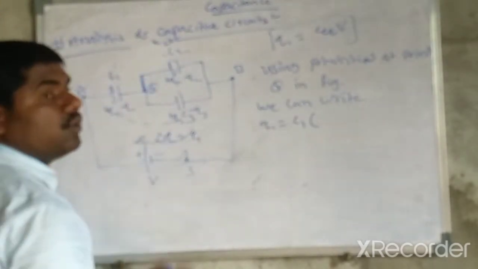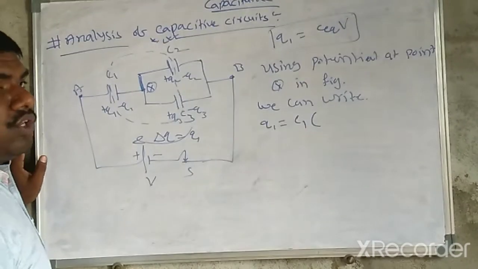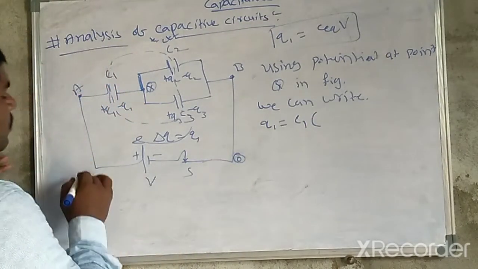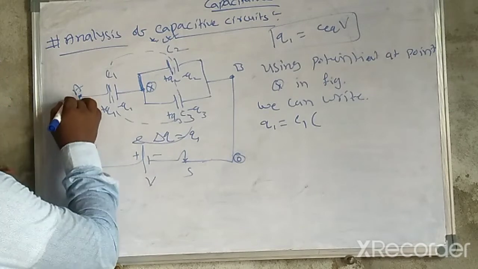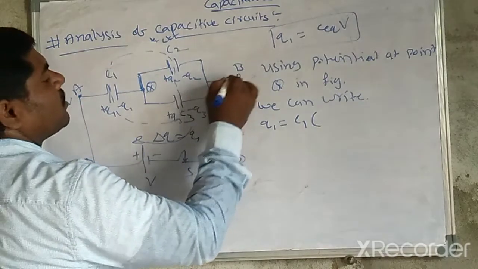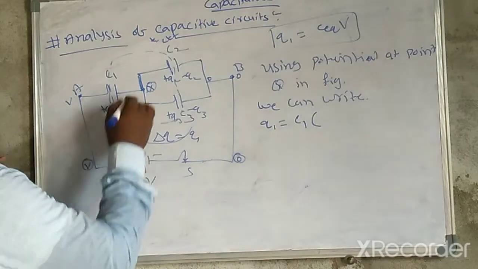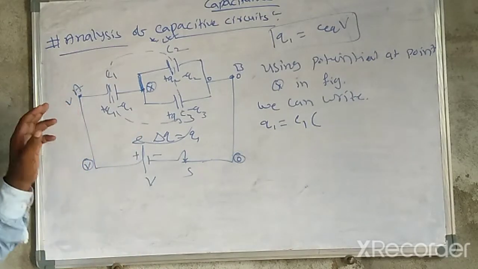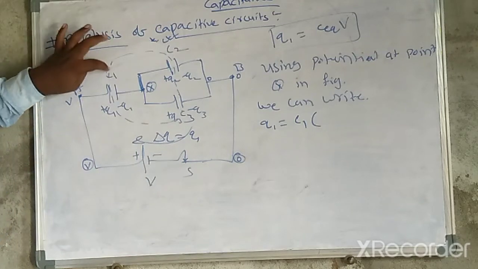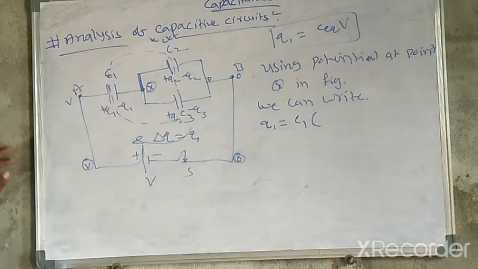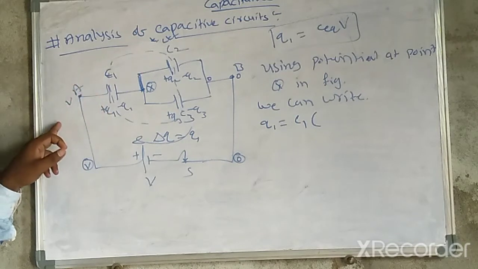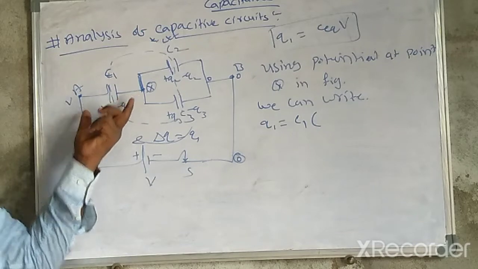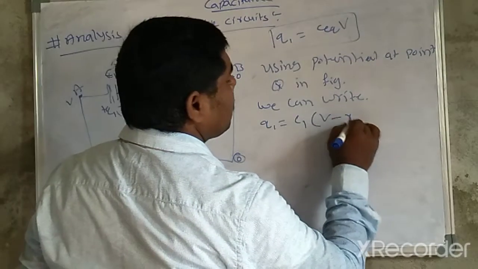So on the right side, while doing the numerical part, you may analyze like this: negative side potential 0, right side potential V. It means here the potential is V, here the potential is 0, here the potential is 0. This potential is X. Here Q1 is the charge on C1. Here Q1 is equal to C1 into potential difference. Potential difference is nothing but the potential across C1, across C1 the potential is V minus X.